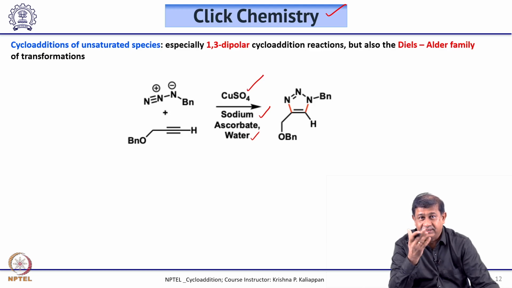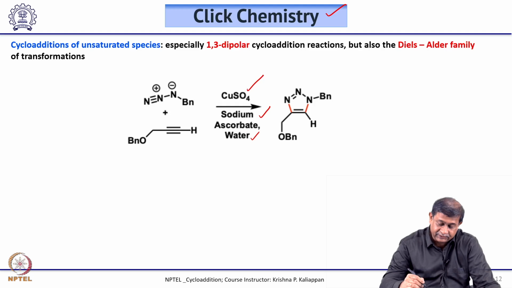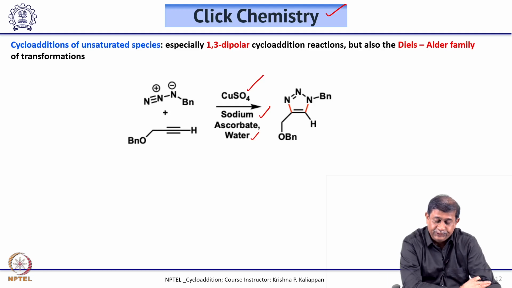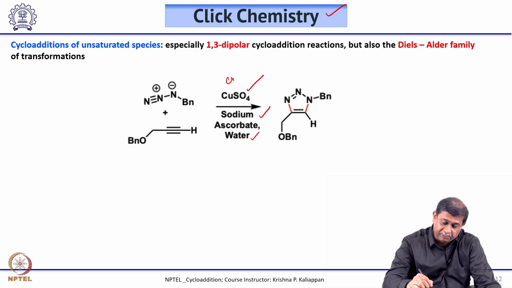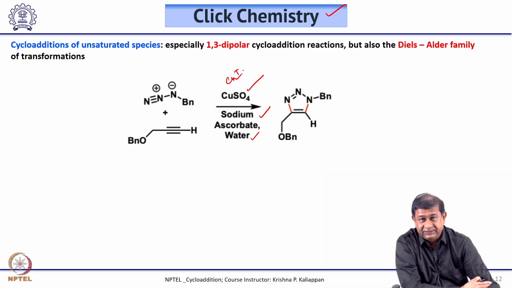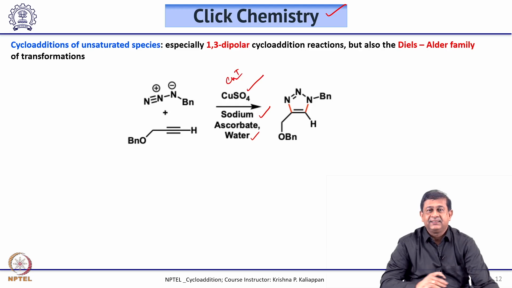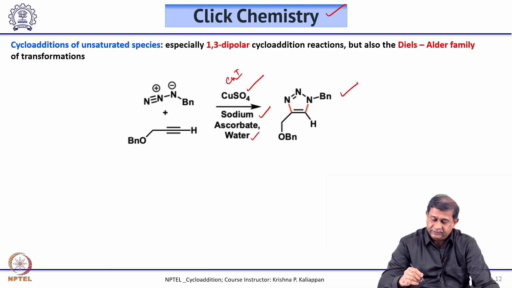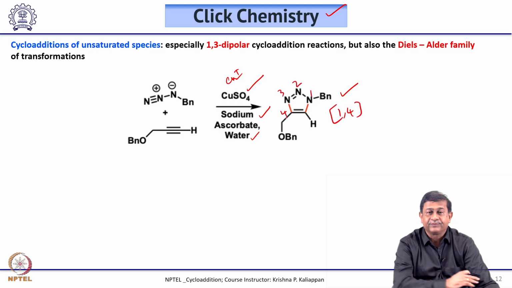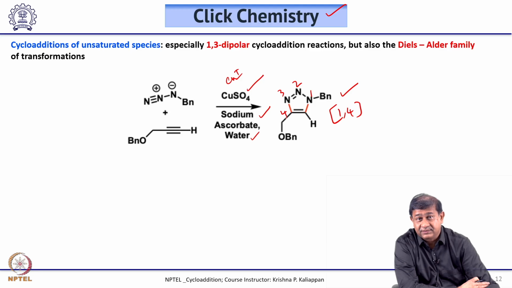Of course, a mixture of organic solvent and aqueous solution. The sodium ascorbate is the one which reduces copper 2 to copper 1 in the reaction mixture. So, that actually triggers this 1,3-dipolar cycloaddition. When you do this reaction under this condition, you get exclusively 1,4 triazoles. 1, 2, 3, 4. So, that is the beauty of this copper chemistry, copper based click chemistry, and because of